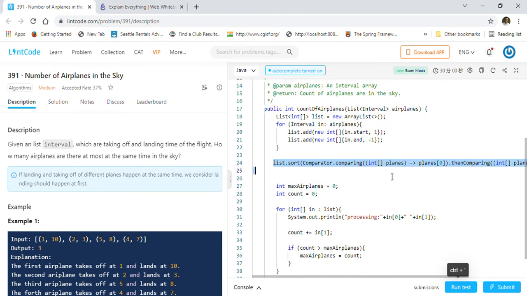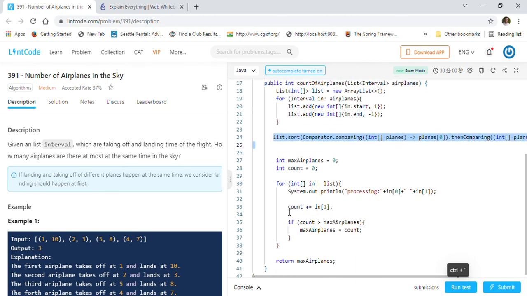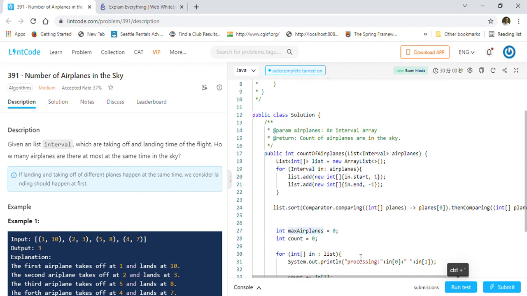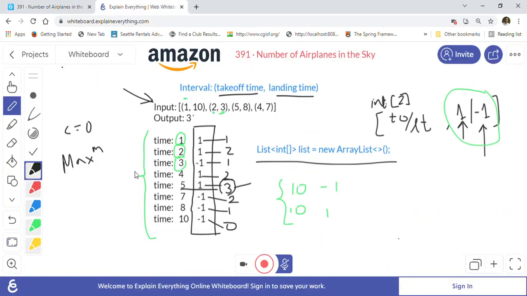After it is sorted, we are just going to iterate through the list and make the count change with our 1, -1 logic, and keep track of the maximum aeroplanes. Whenever the count is more than the maximum, we will update it, and at the end we are going to return the max aeroplanes count here. So that is the whole logic to solve this problem.